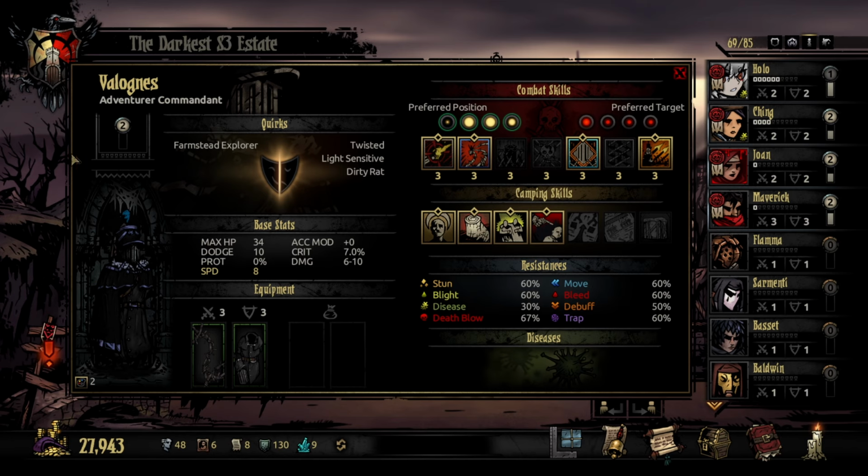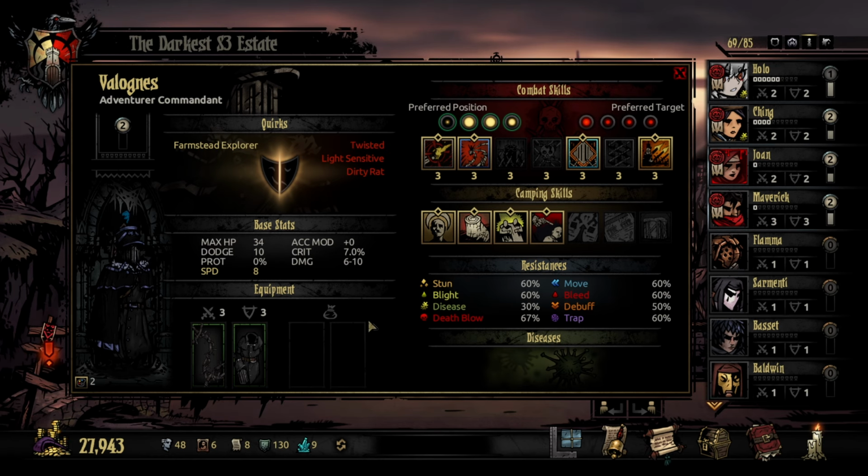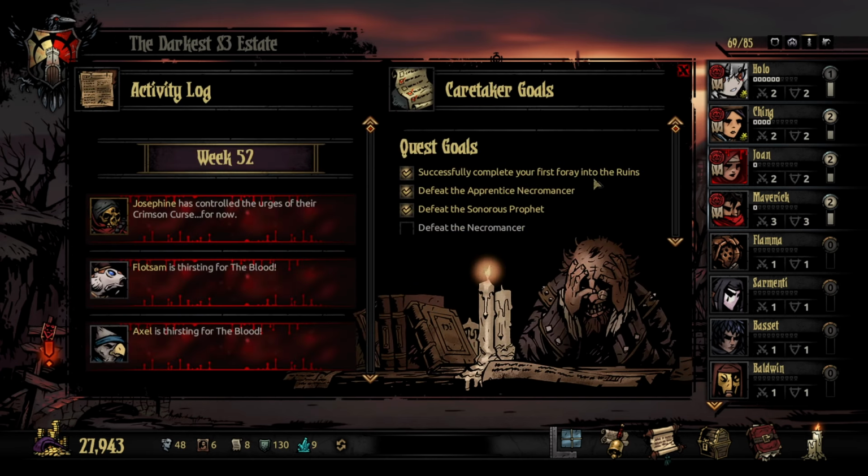I happen to get a Commandant. That's level 2. I'm not sure if the level is random. And they come with mostly random quirks. However, their gear and skills will always be to the level. The one thing they will always have is Dirty Rat, which is plus 2 speed, plus scouting chance in the Warpstone mines, plus 100% food consumed, and suffers from the hunger bite companion. So it would be an interesting way of getting another companion if you need it, and it can be kind of helpful. However, at the same time, if you don't use it right,